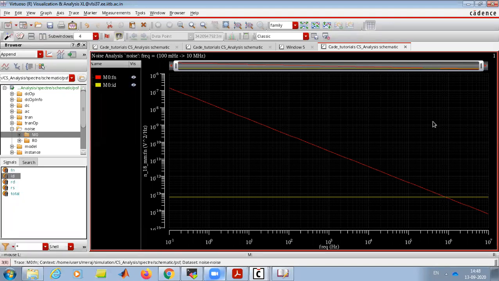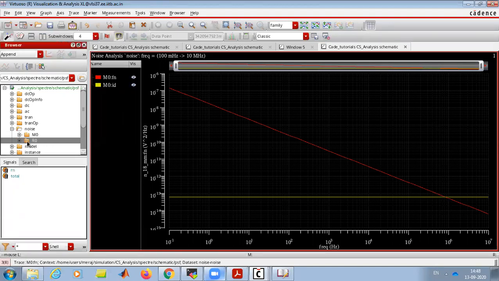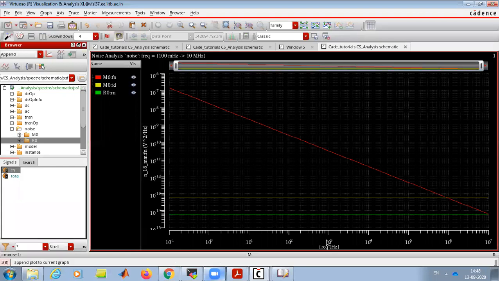Similarly, if we go to resistors, you will have only thermal noise. You can see this is the noise of your resistor, this is the thermal noise of your transistor, and this is your flicker noise. If you want to optimize your circuit for low noise, which parameter do you need to play with? The answer is simple: if you reduce the higher components, it will be better.